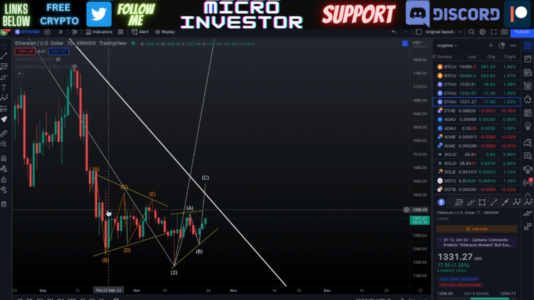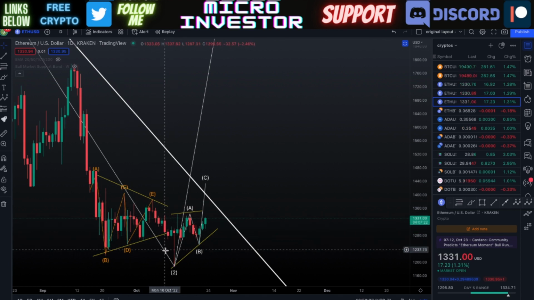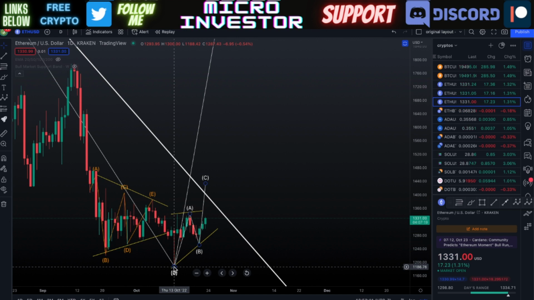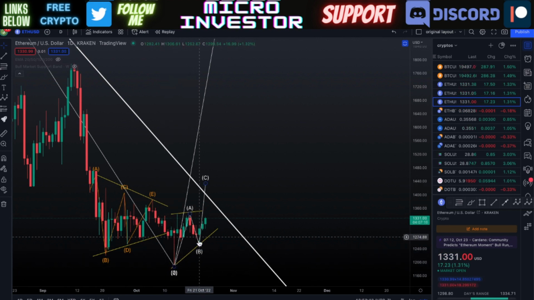So we were within a descending triangular pattern, and then the day that we had that CPI data come out, we fell out of that descending triangular pattern, and now we're within this new one, this ascending triangular pattern. So hopefully what we're going to be seeing here is it's going to just smash through this trend line here, and that's going to also really help us out a lot. That trend line is also around where our 50-day moving average is.